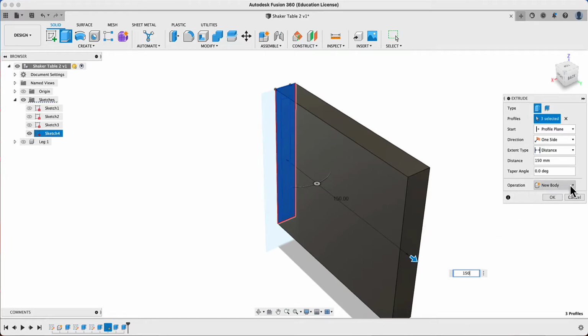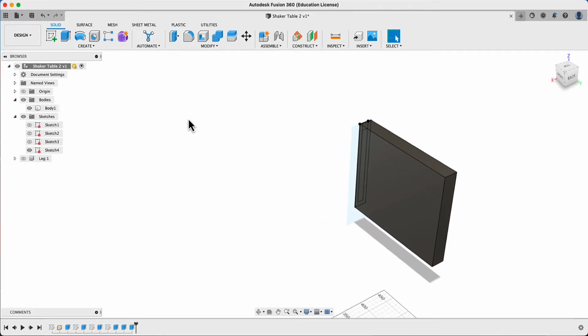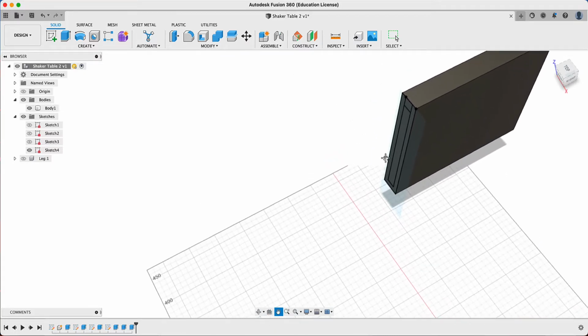The operation here, I want this to be a new body, not a new component and not joined to anything. Okay, so I want this to be a new body. So I'll just press OK. All right, so I've got half a side rail. Now I'm going to orbit around. I mean, I could use my tool up here, pan down, come in close,